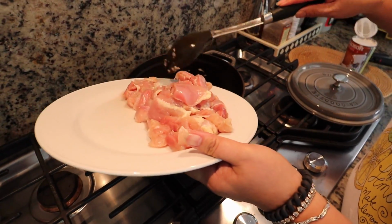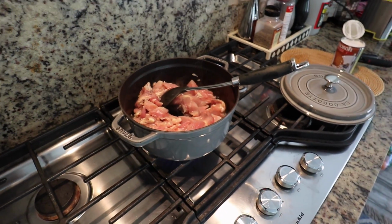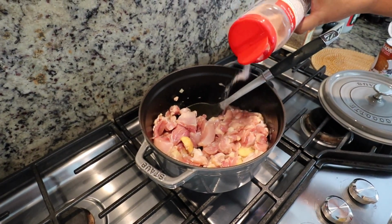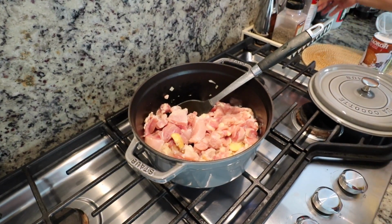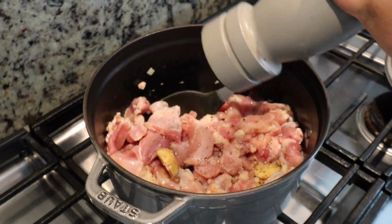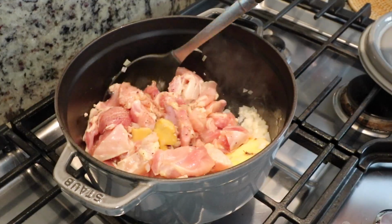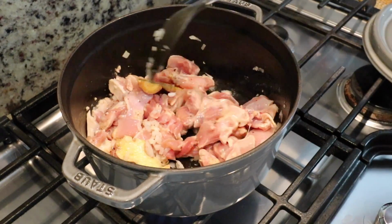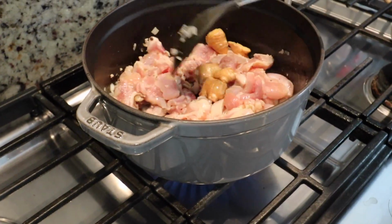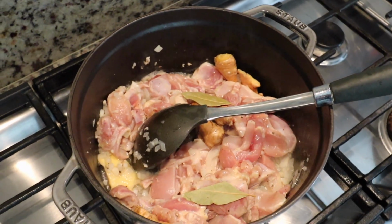The chicken. Salt and pepper. Now we're gonna add, what is bay leaf? Bay leaf. Fresh bay leaf, but I also have